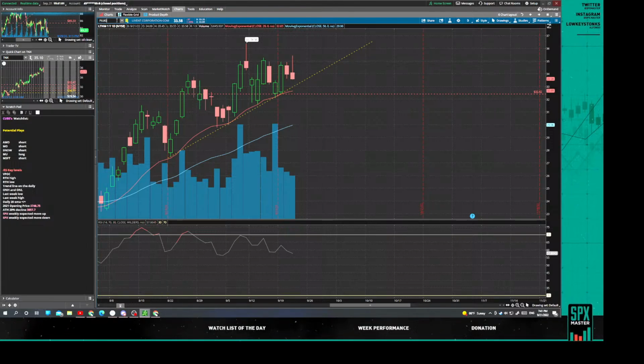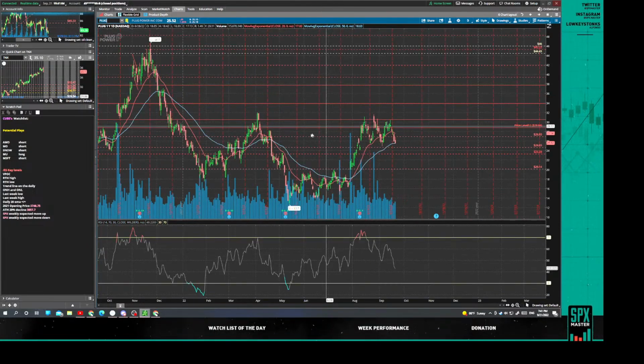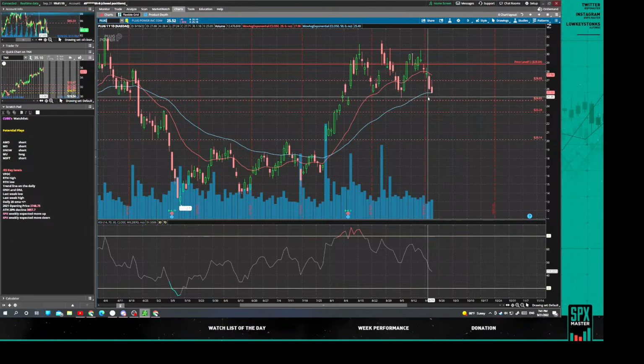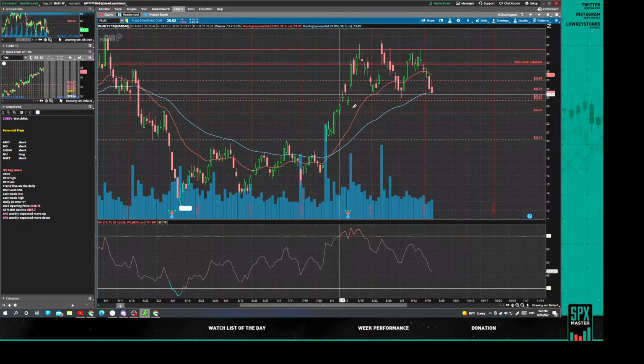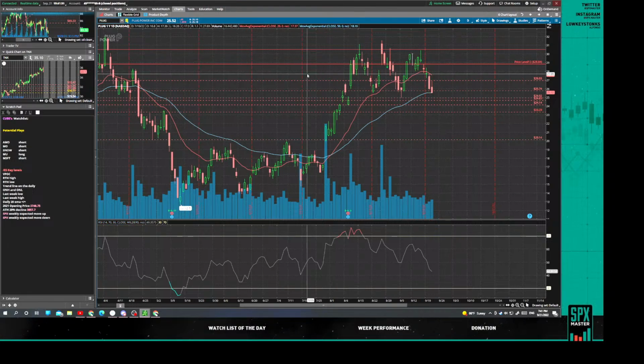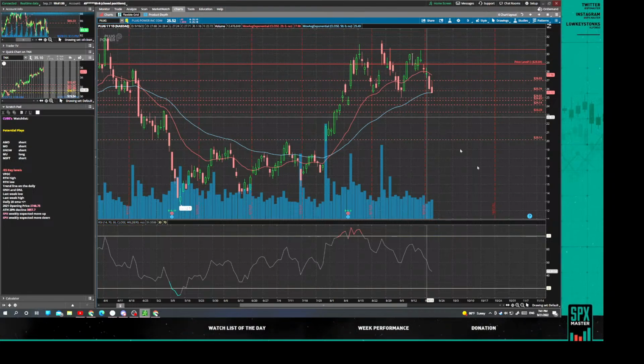Let's go for PLUG. Somebody asked about PLUG. So daily 50 hit right here. I don't think it's anything to this stock. This level looks possible on PLUG. This level right here, and then this one possibly. It's because everything looks like a short. If you keep asking me about more stocks, I think I'm just gonna say that everything's a short. That's what it looks like.